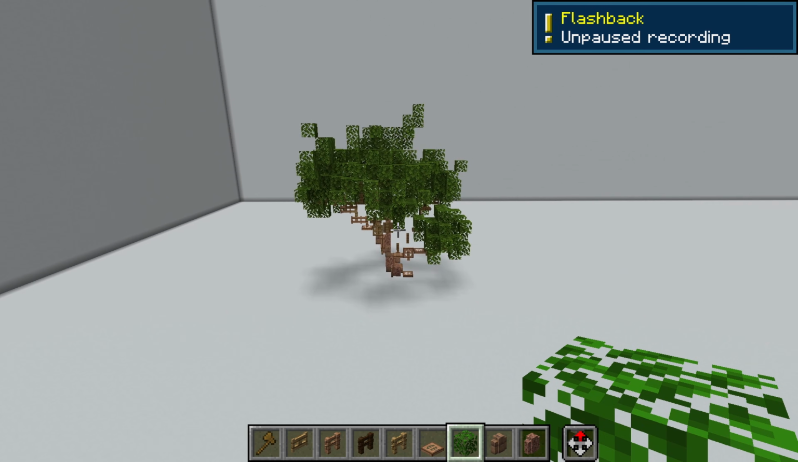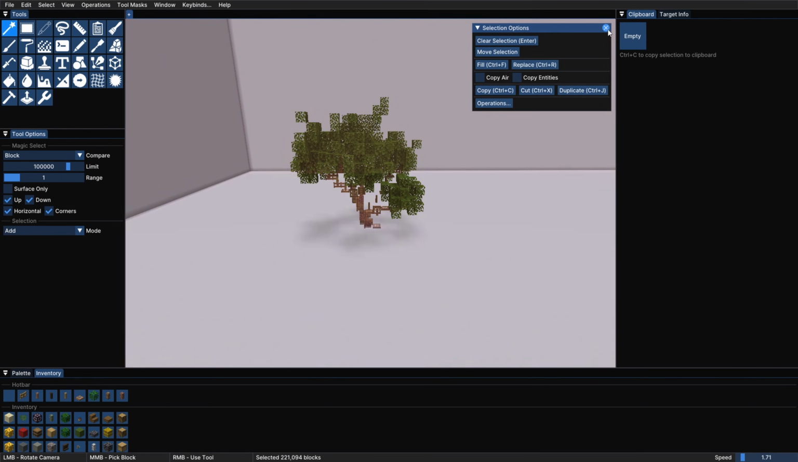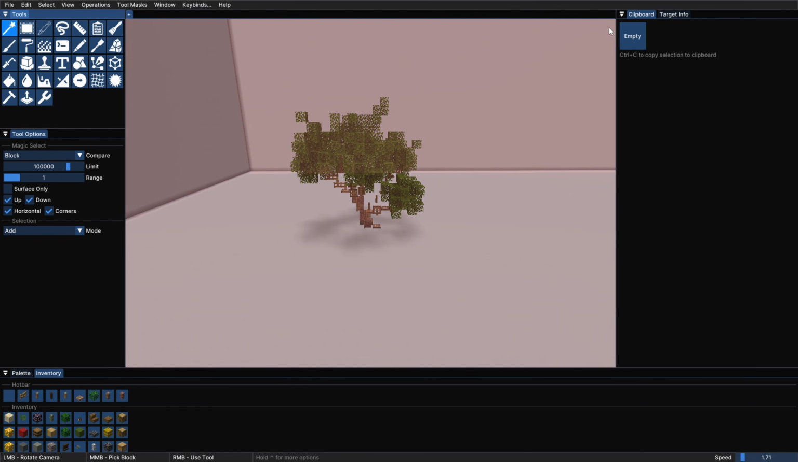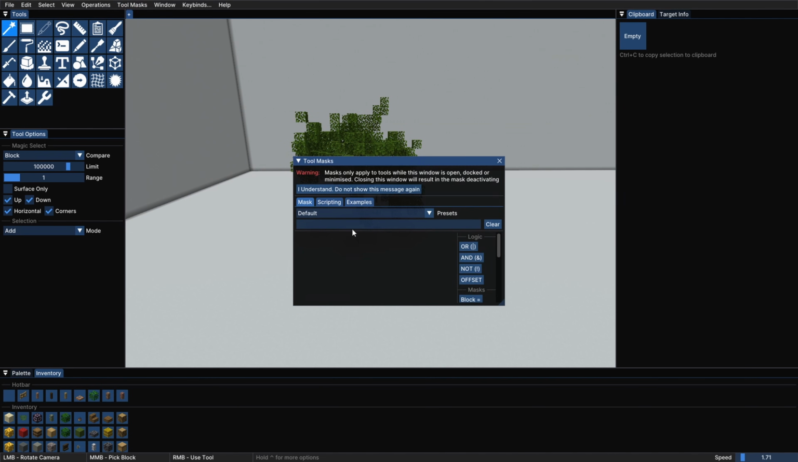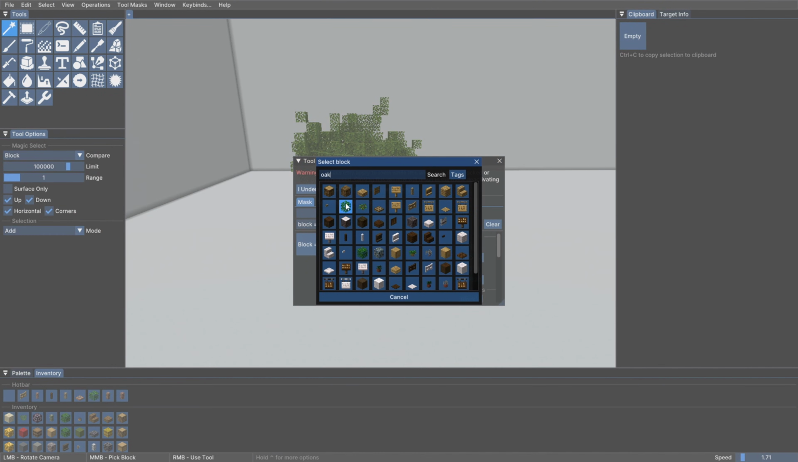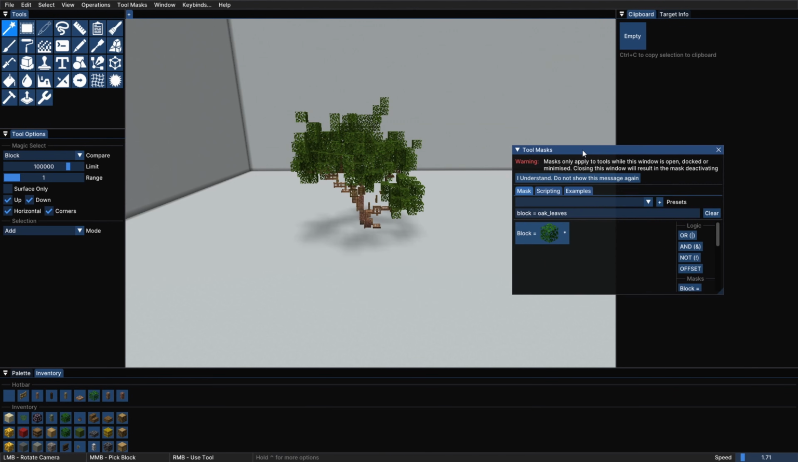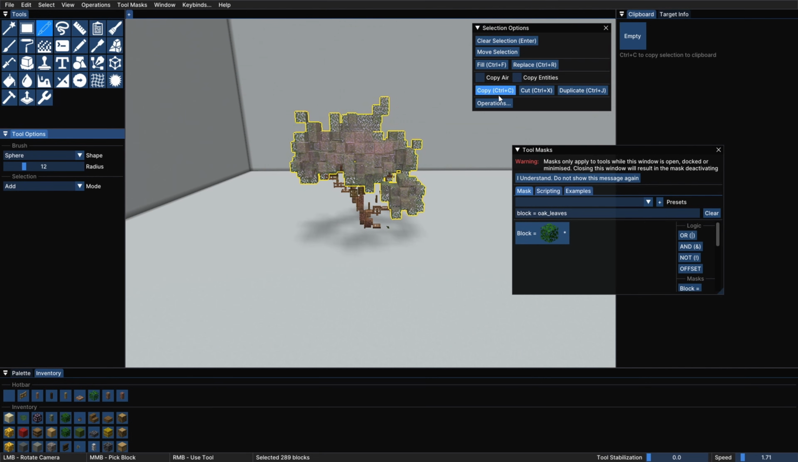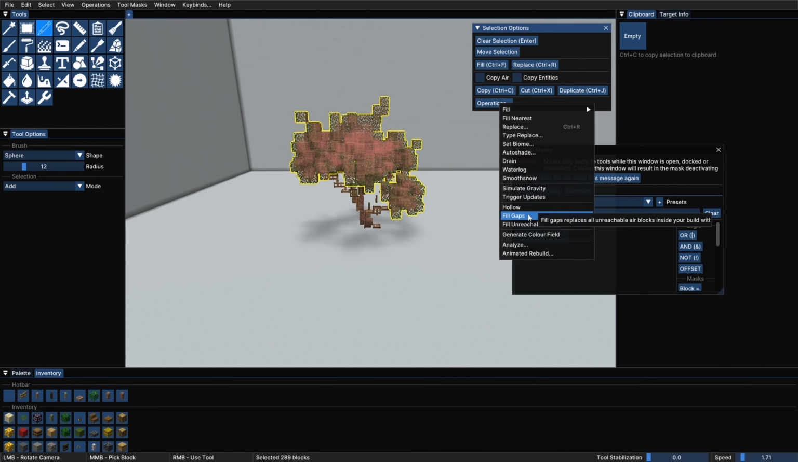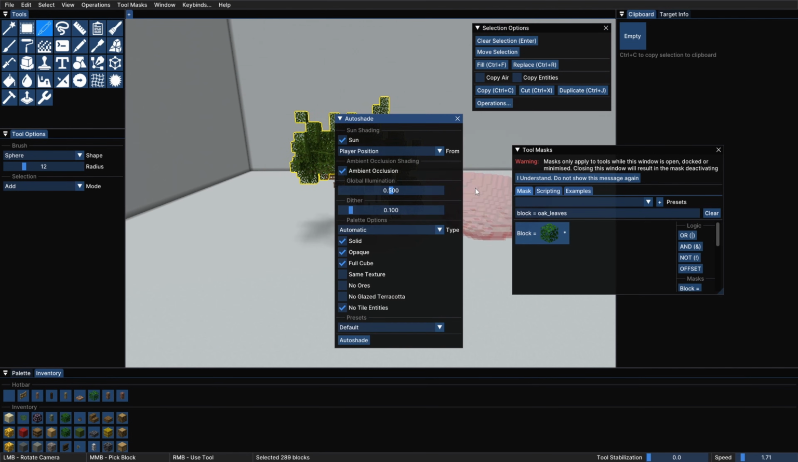A lot of you have been asking for a more in-depth guide on AXIOM, so I'm going to be doing just that. First, select the area that you want to shade. For this, I'm creating a tool mask using the block in question, in this case oak leaves. Then I choose the freehand select tool and just click on the tree. Then I go to Operations, Auto Shade, select Custom Pattern, and instead of using a preset, we'll make a new